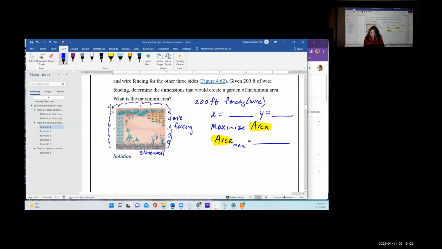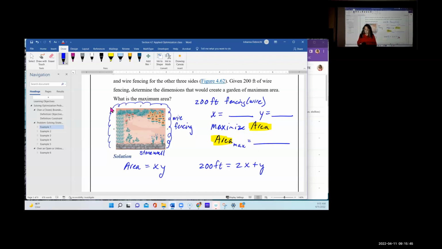So I have also 200 feet of fencing. So I know a couple of things. I know the area of that region will be X times Y. And I also know that the wire fencing is a maximum of 200 feet. And that should be equal to 2X plus Y. Now, that is part of the constraint because based on the picture, I have two sides of length X and one side of length Y because the other side of length Y is a stone wall. So my perimeter goes around three sides, 2X plus Y, and that's got to be covered by the 200 feet